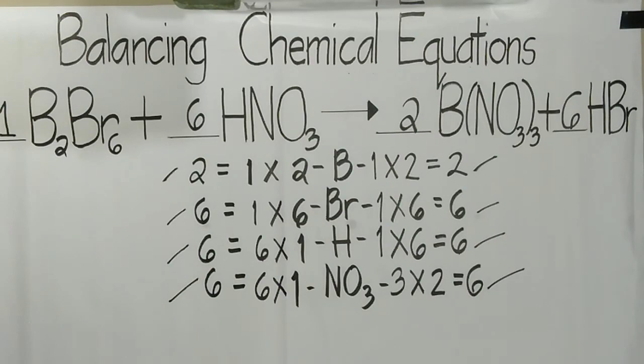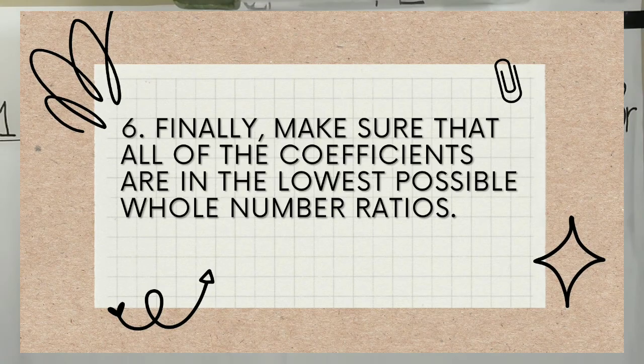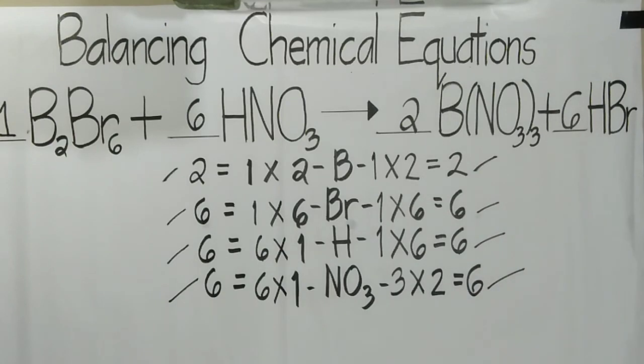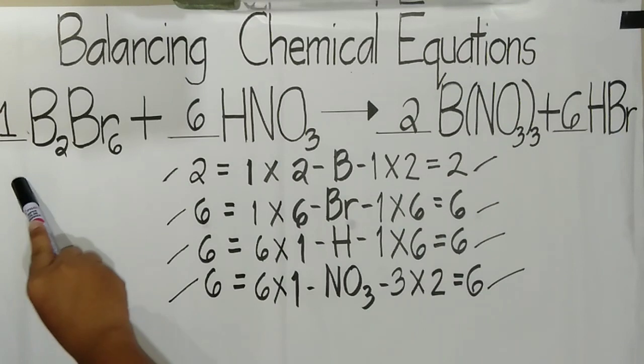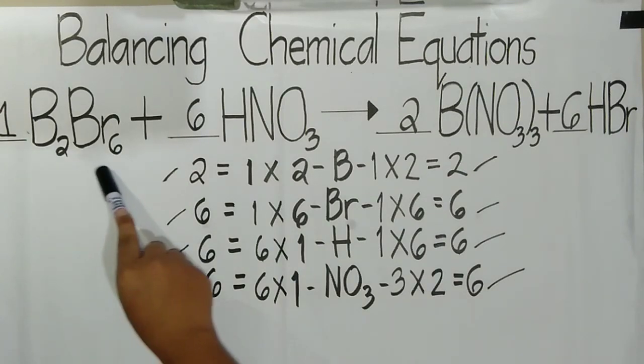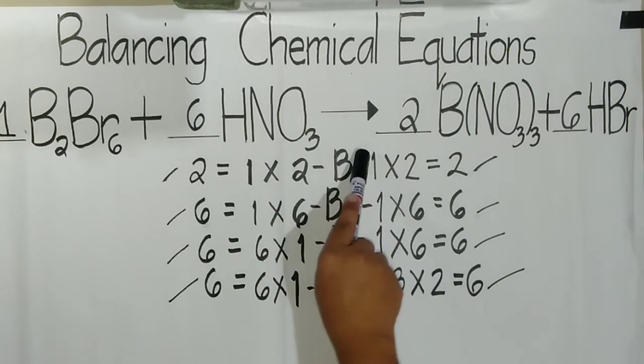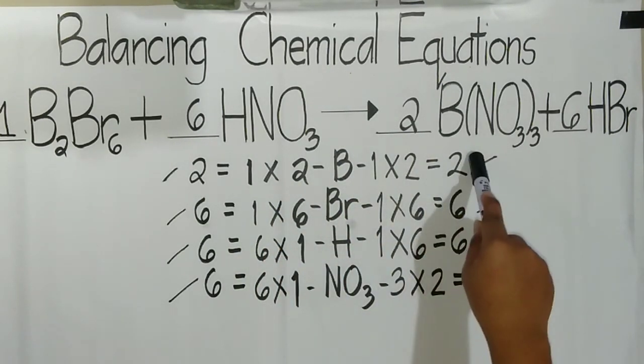So, check. Finally, make sure that all of the coefficients are in the lowest possible ratios. So the coefficients of this given chemical equation are already in reduced terms. So this is the final answer for the chemical equation, and it is concluded that this is balanced. So this is the final answer: 1 diboron hexabromide and 6 nitric acid, and it will form 2 boron nitrate